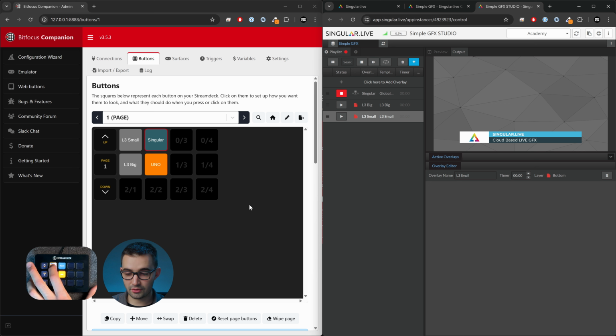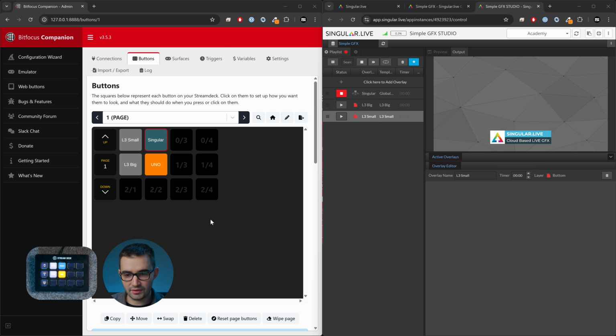So we can switch back to the small version and then choose between Uno and Singular. All with one click of a button, but with one caveat, and that is there is no API. So it might be a bit confusing sometimes as to what is happening between the two programs, but I think